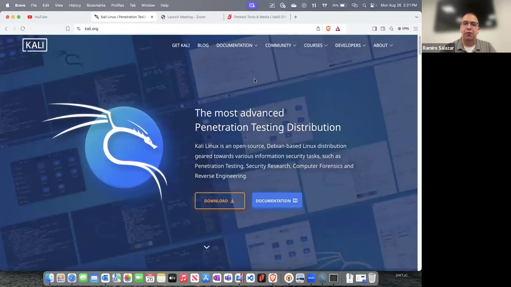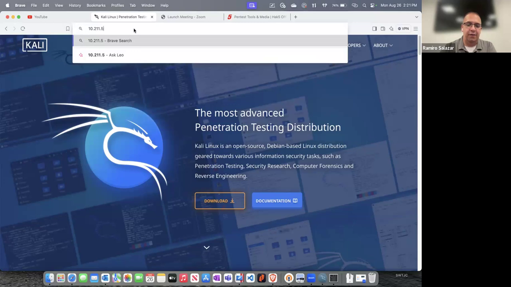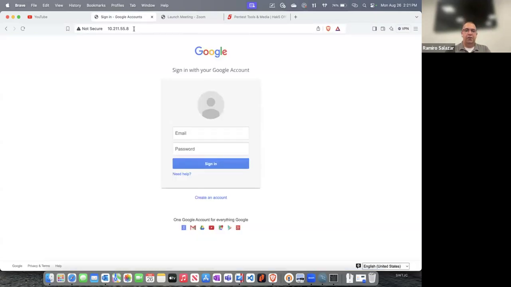So let's say, for example, I go over to my Mac. I open up a new browser window. One second here. And I type in 10.211.55.8. All right, this looks like a real Google page. In a type of social engineering attack, what an attacker will do is send the victim a phishing website that says, please click here to log into Google or to log into your Gmail. Or if an attacker already has access to a victim's computer, they might drop this website as a desktop icon on their desktop.